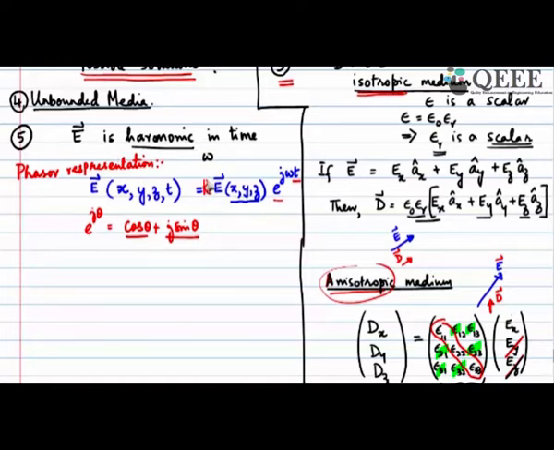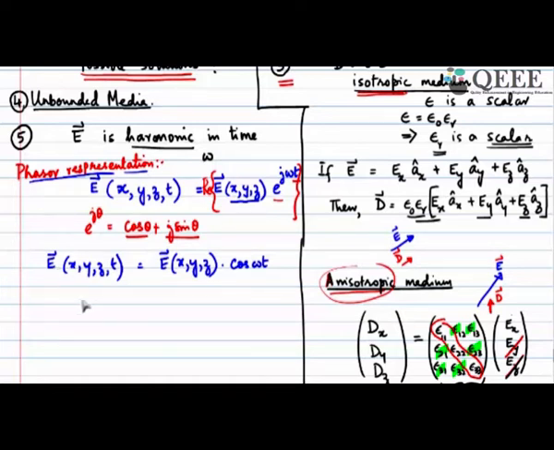I should say this is the real part of the phasor, which means I'm claiming that my E of x, y, z, t is actually the real part of E, the vector which is dependent on space, times cos omega t in general. I could have an arbitrary phase plus phi if I want,